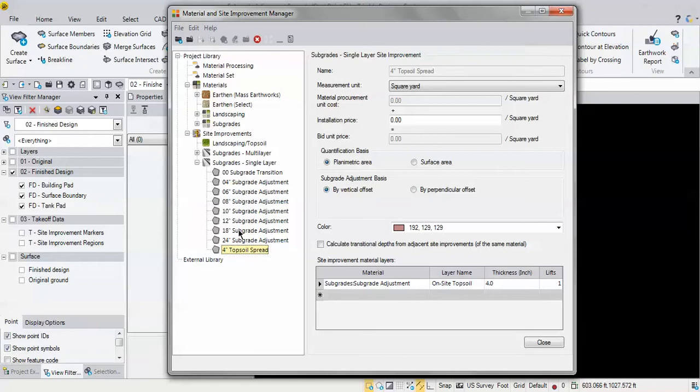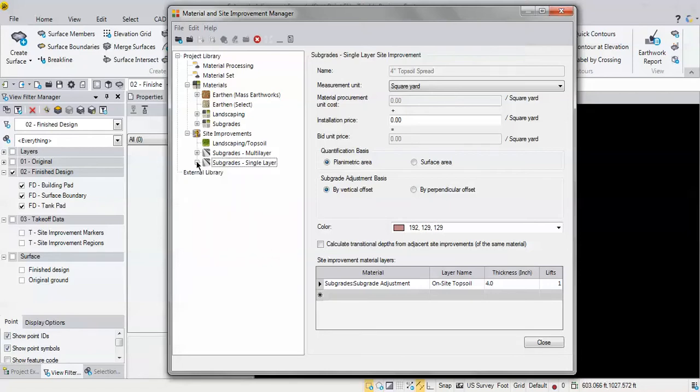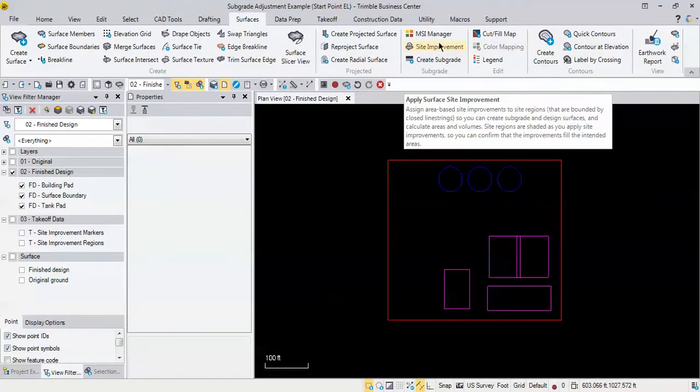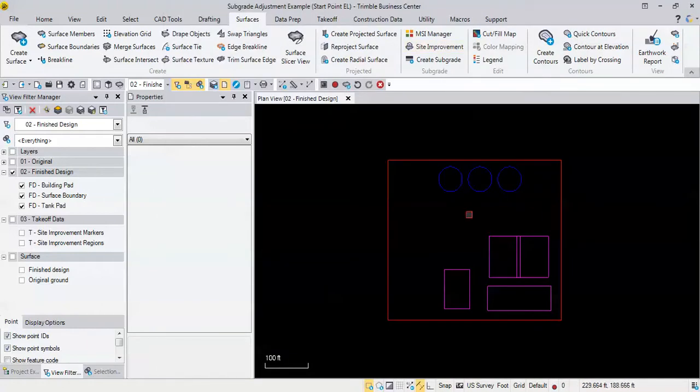So once you have those set up, that's pretty much the only things that need to happen before you start doing this exercise. So you could have multi-layer ones in here too if you actually wanted to show something a little bit more in depth, but for the most part, if I'm just doing simple subgrades, I just need these set up in here like that. So once those are set, you're going to add the site improvements to these